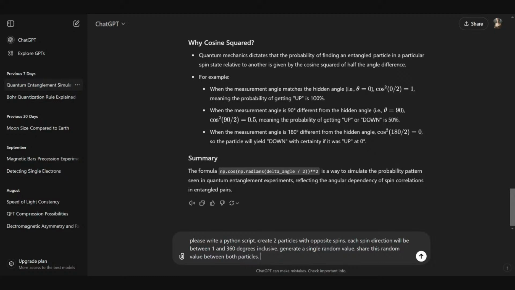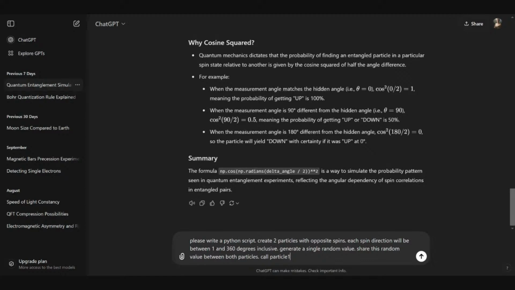Okay, both particles now have this value. Measure, or call, particle 1,